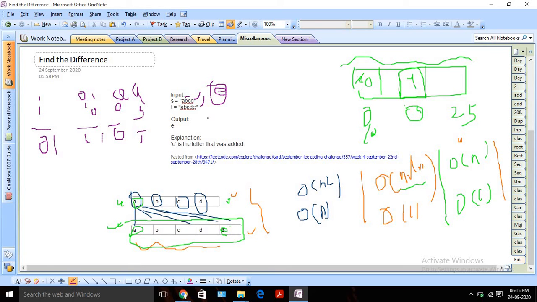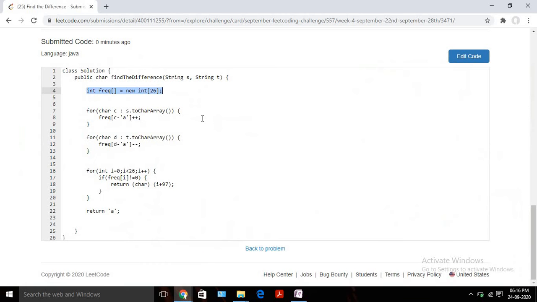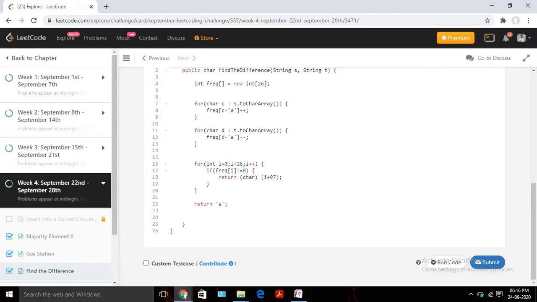So we can easily do the XOR operation between all the characters of the two strings. Then at the end of our XOR operation, whatever the output value is, that will be our output character, the difference character. So let's quickly run the code for the same also. Let's put this in comments. Okay, so let's write the code for the fourth approach. Here I am going to use only one variable. Let us name it result char, something like this, and initially it will be 0.